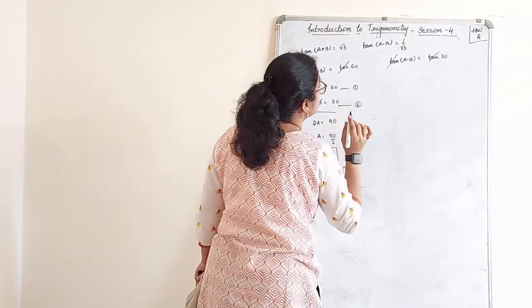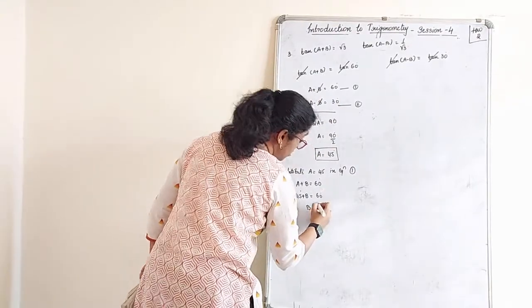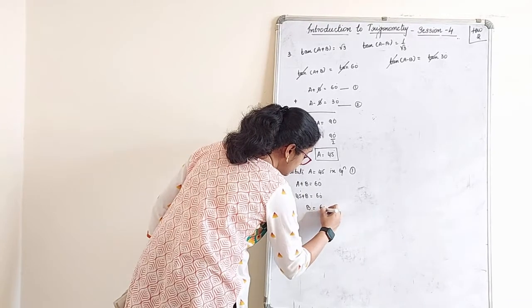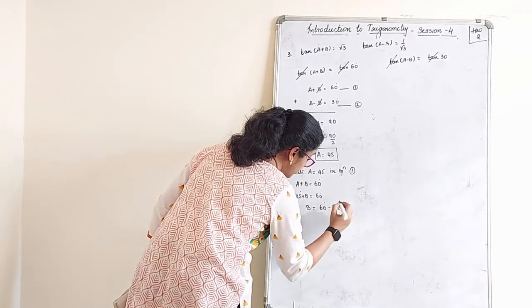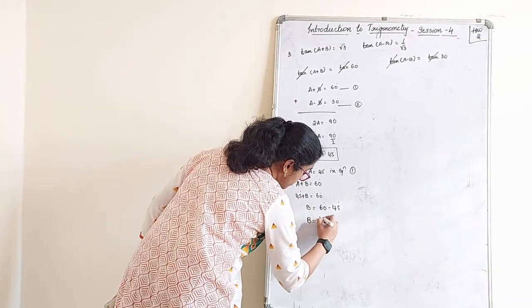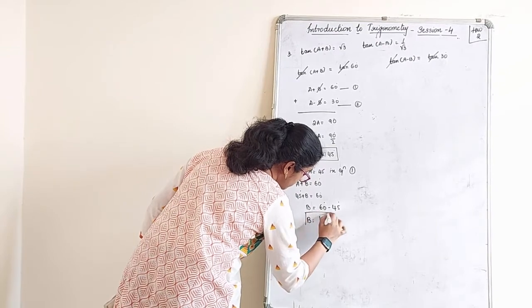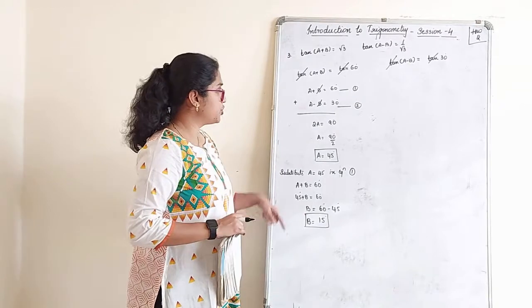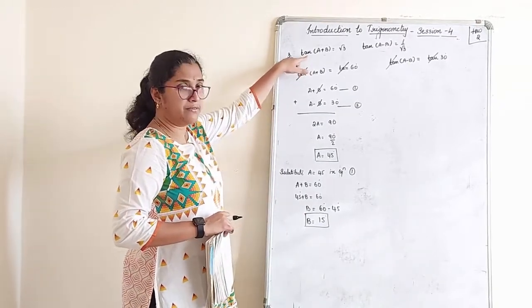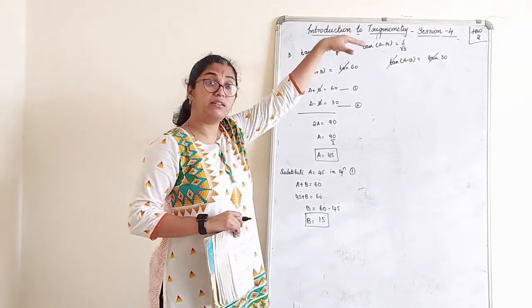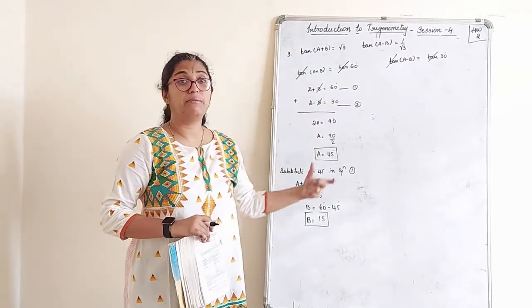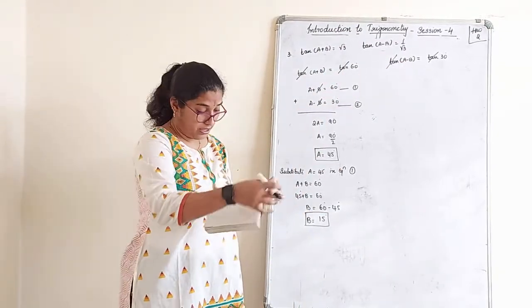degrees. I have forgotten to mention it everywhere. Sometimes they also cut your marks for not even mentioning degrees, students. So 60 degree minus 45 degree, 15 degree. Right? Very simple question. They can give you sine, but if they give you sine, the values will be in terms of sine only here. Same will be, or if they give you cos, values will be in terms of cos only.